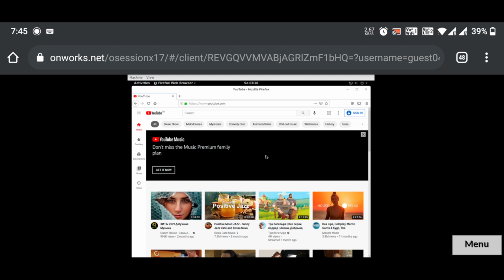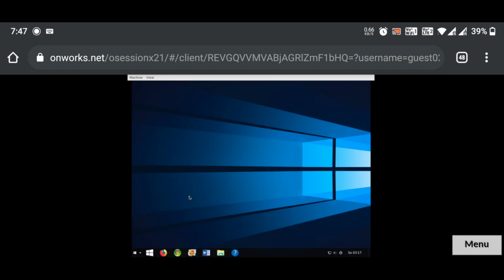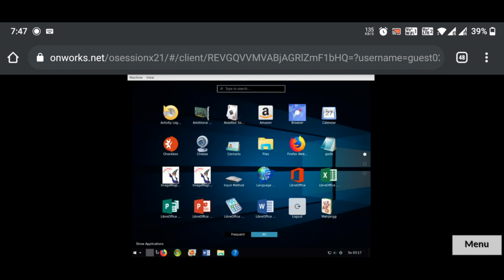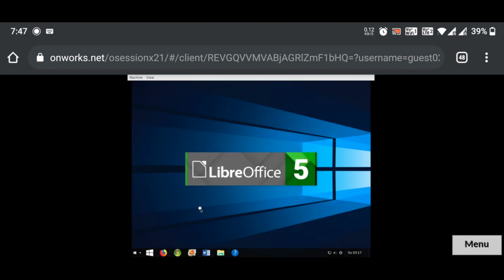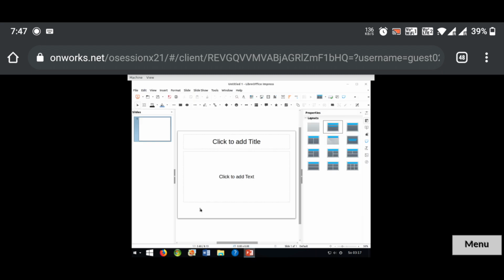Okay, so now let me close Firefox and launch another software. Let me open the start menu and launch LibreOffice PowerPoint. I will click on this and here you can see it's opening up. So it's fully open. If you want to use it for any official purpose or for just editing documents, to create a Word file or Excel file or PowerPoint file, you can use it. And as you saw, it is not going to take more than 20 to 30 seconds to launch.